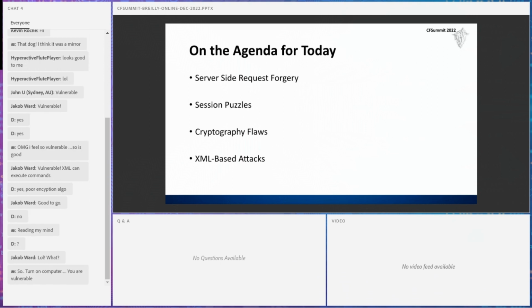Okay, so what are we going to talk about today? I have 4 different vulnerability types that we're going to jump into: server-side request forgery, session puzzles, cryptography flaws, and some XML-based attacks. We're going to be focused on ColdFusion, but again, these are all, for the most part,